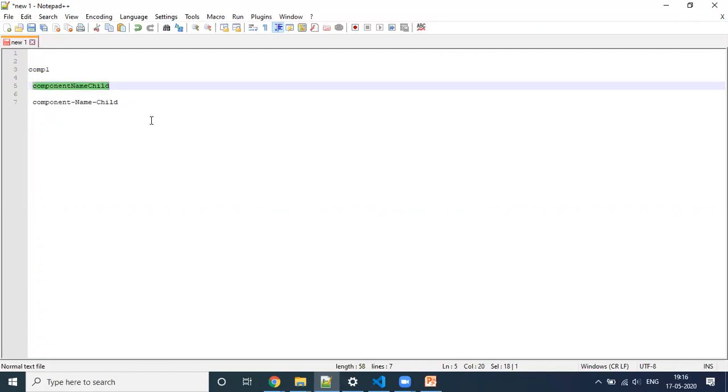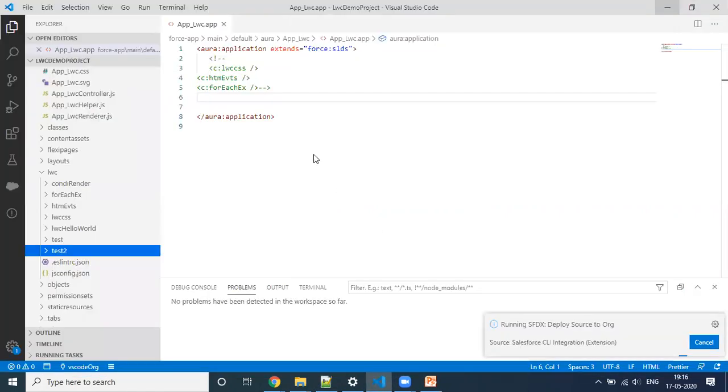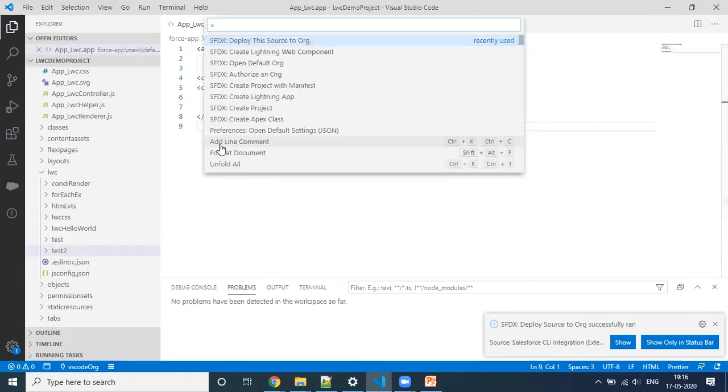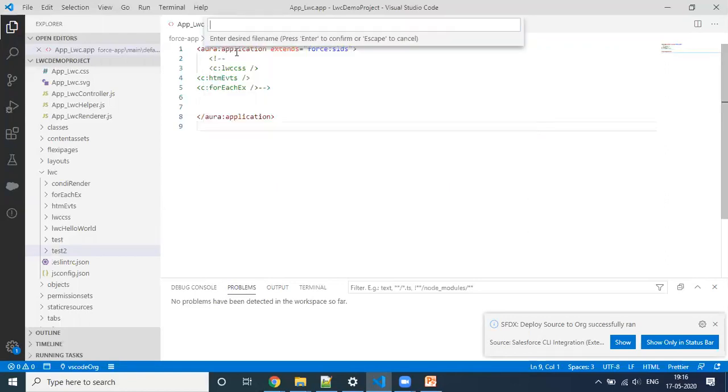Okay, so to understand that, let's create one component. This is my VS Code, and I'm going to create one component.